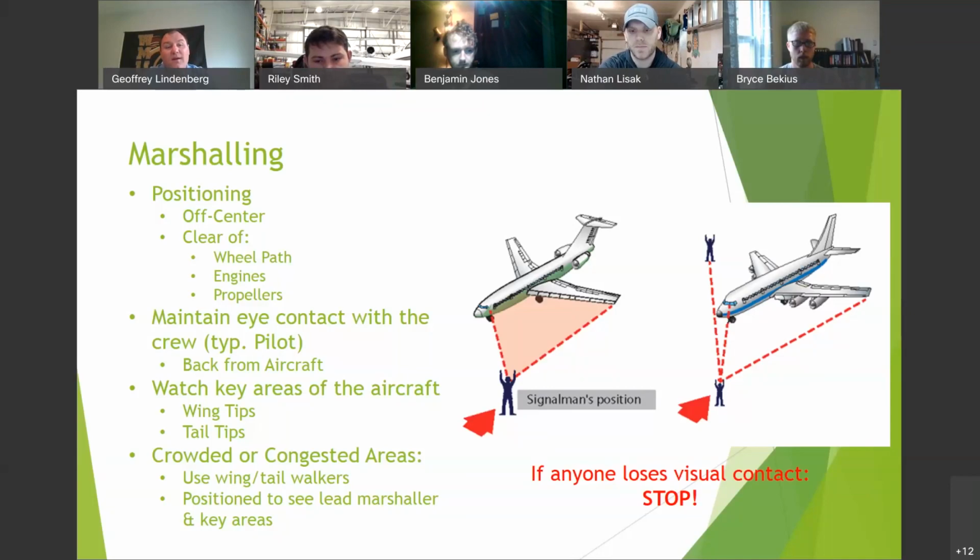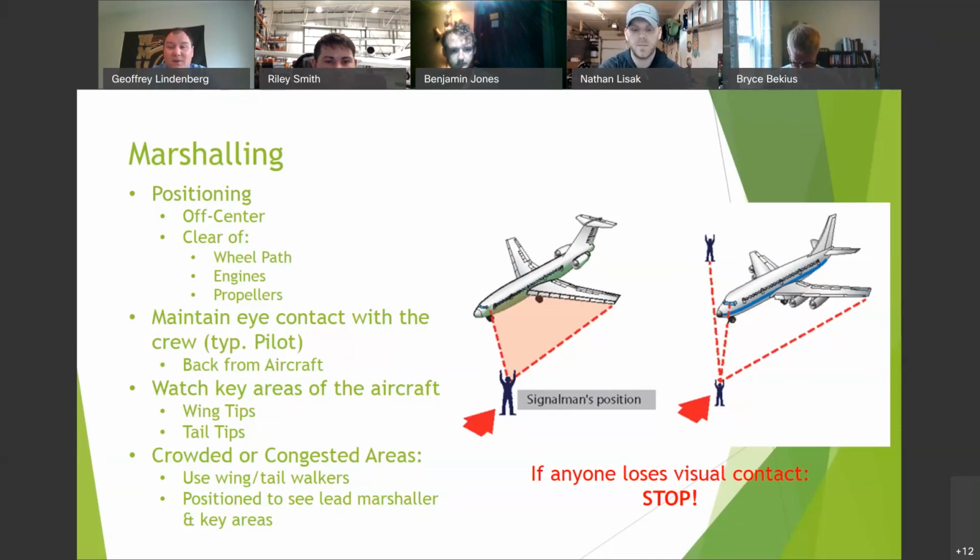The biggest mistake we see when we get you out on the ramp and have you doing this is students and people learning to marshal stand directly in front of the airplane, straight ahead on the center line. On our small aircraft, the risk there is the propeller if you were to trip and fall. They also tend to stand too close. That has two downsides. One, if you trip and fall, you don't want to be where you're going to get hit. But the other part of that is